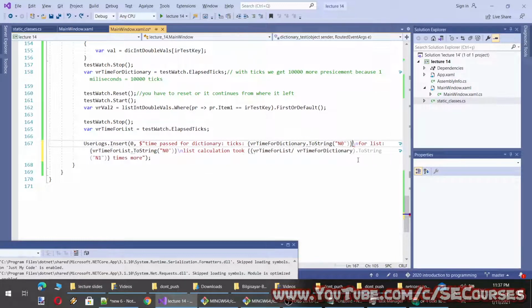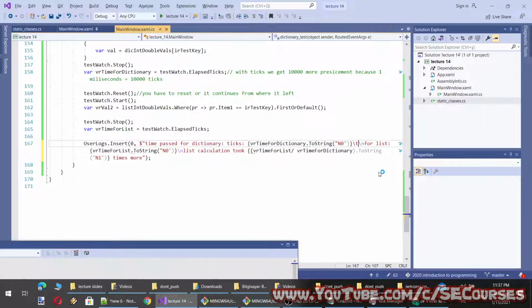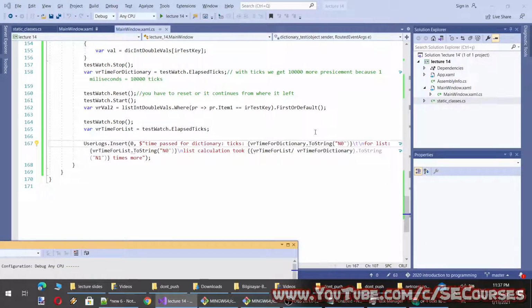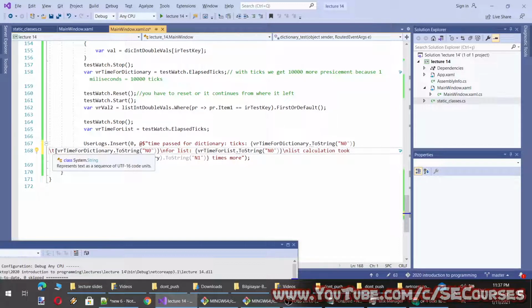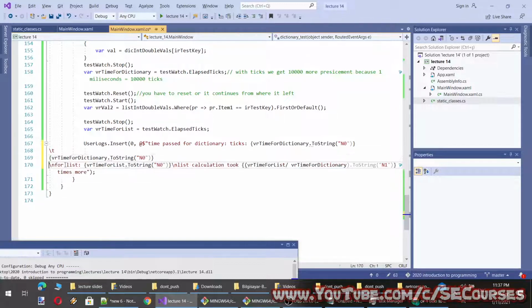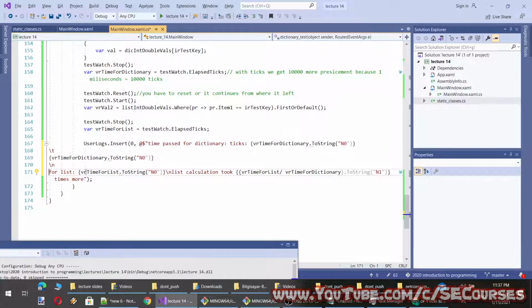Okay, I will add a character here so I can use multiple lines as a single string and see better. Like this.